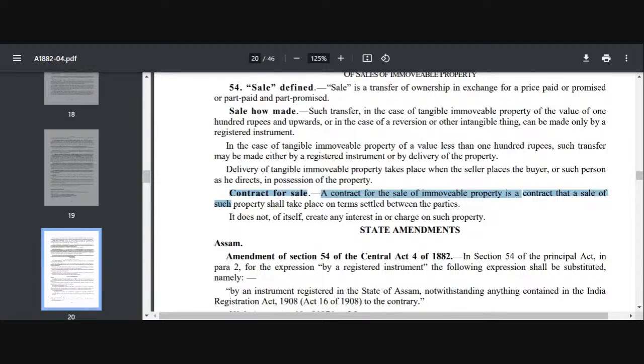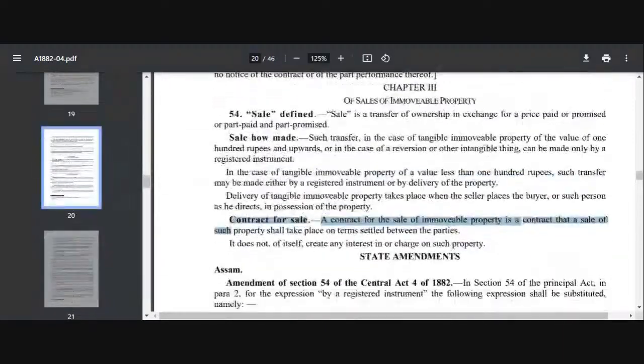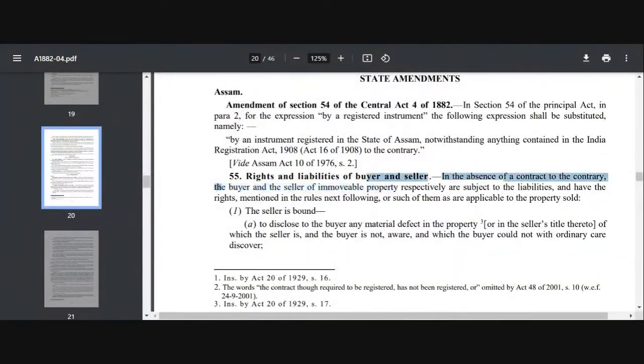Sale and gift का क्या क्या डिफरेंस है, सेल एंड एक्सचेंज में क्या डिफरेंस है ना. गिफ्ट में तो हम पैसे नहीं लेते, लेकिन सेल में हम पैसे लेते हैं, है ना, मनी इज इन्वॉल्व. नाउ कम टू 55 विच इज इम्पोर्टेंट. तो इस चैप्टर में सारे ही सेक्शंस इम्पोर्टेंट है. 55 इज अगेन इम्पोर्टेंट विच टॉक्स अबाउट राइट्स एंड लायबिलिटीज ऑफ बायर एंड सेलर.